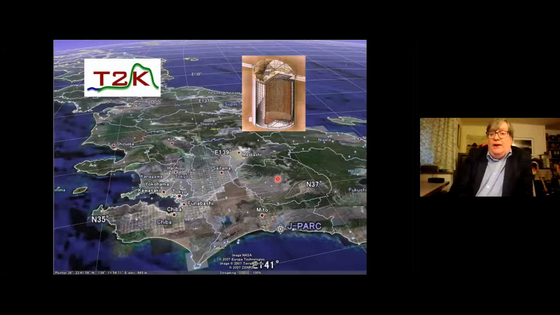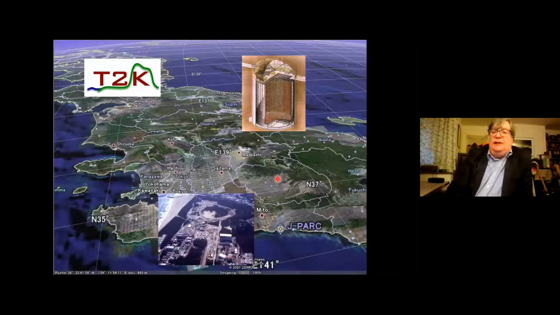This detector already existed, but on the east coast of Japan, they built a new facility called the Japan Proton Accelerator Research Complex, or J-PARC, which was mainly built to do material science, chemistry, biology, that sort of thing, a big neutron scattering facility. But it also had this accelerator here, this ring that was built originally to do neutrino physics. And we repurposed this ring as a neutrino source, okay?